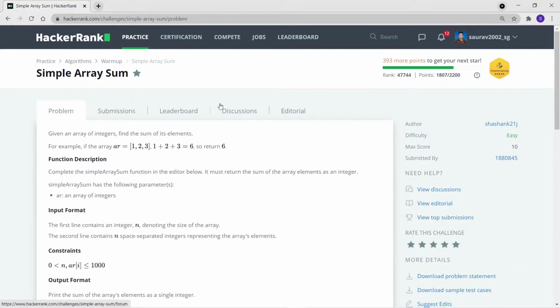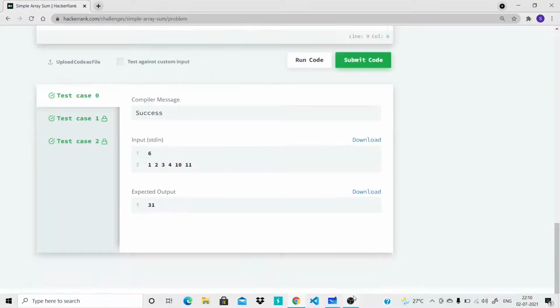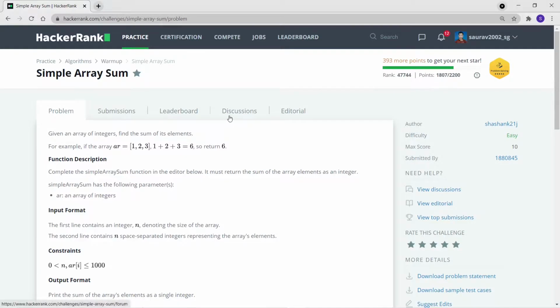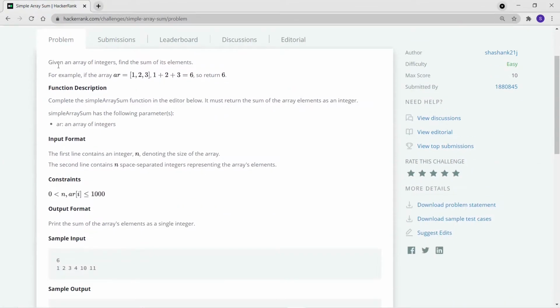Hi everyone, in this video we are going to take our very first question of HackerRank, and the question is Simple Array Sum. Let's read the problem statement, and the problem statement says that given an array of integers, find the sum of